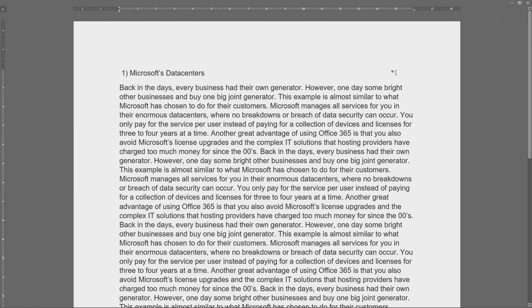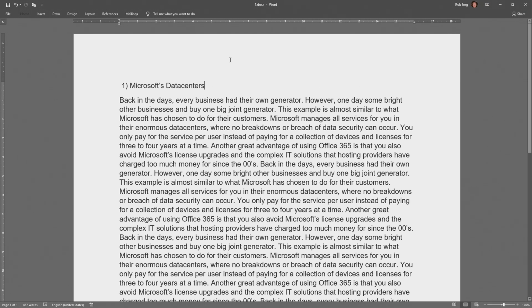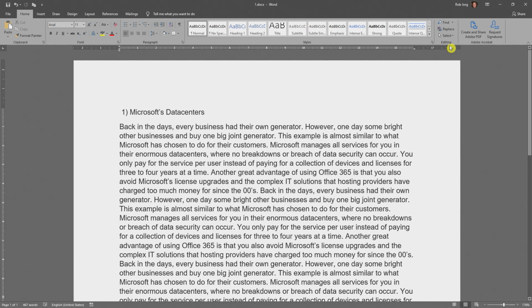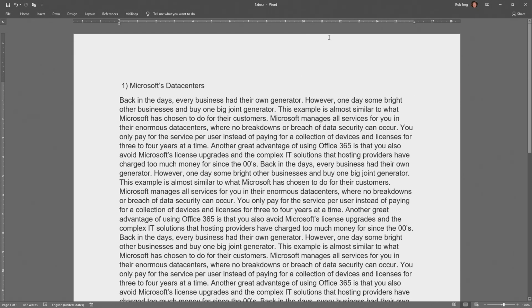Like you can hide everything. Let's say you have a small screen and you just want to type away. You can do it like this, but it's not my favorite. You can show the tabs. That's the one I like. Or you can show tabs and commands. The ribbon. Hide the ribbon.